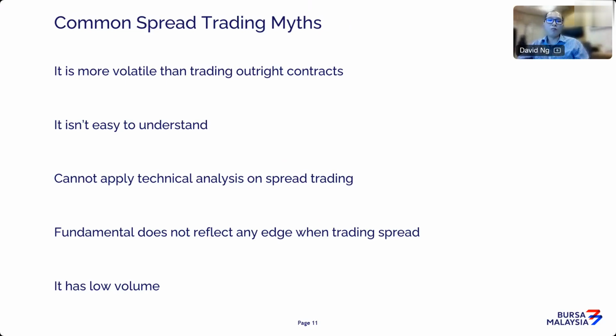Now, the claim that it has low volume is again far from the truth. I showed you in the previous slide, the third month and fourth month contracts are easy. You look at the September, October calendar contracts, they trade easily 4,000 to 6,000 contracts on a daily basis. That's pretty much high volume for you to participate. Again, keep in mind, always trade the third month calendar contract onwards. Don't do anything that's too far, where volumes are very low.